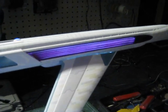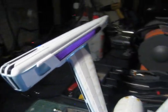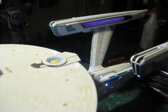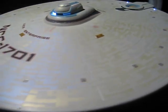There's some light leaks right below that where the nacelle connects to the pylon. That's common on this model. And after that gets good and dry, I'll put some of my little canopy glue in there, and we'll get that squared away. A little glue in there and a little bit of touch up, and that'll be taken care of. There's a few light leaks on it here and there that are still going to be worked on, but